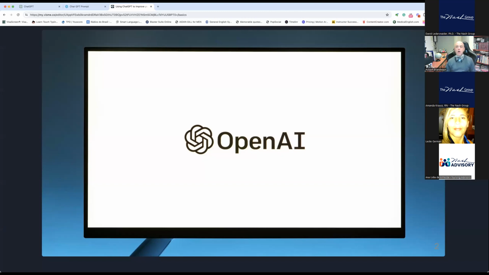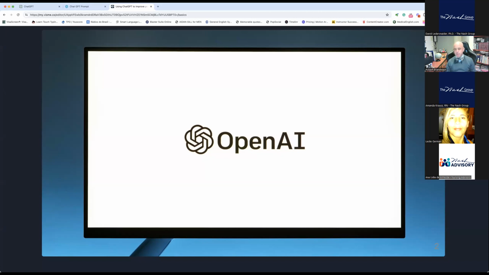Okay? Who created ChatGPT? ¿Quién creó ChatGPT? This company here, OpenAI. Esta compañía que ustedes ven acá, OpenAI. And when you are going to download ChatGPT, this is what you need to look for. Cuando ustedes van a descargar ChatGPT, esto es lo que ustedes deben de buscar.